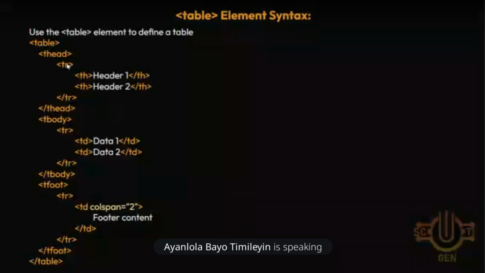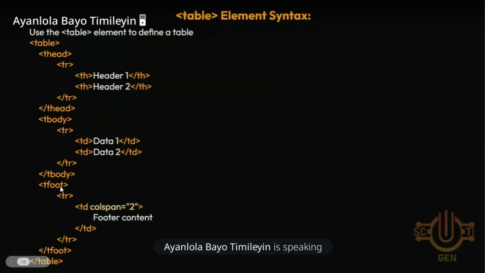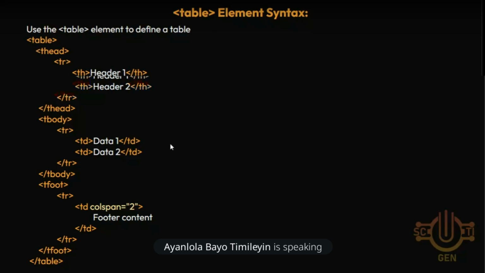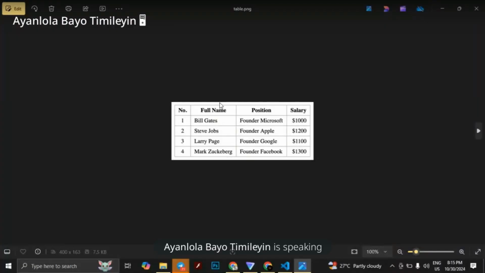So in the table head, we first create a row and then we have the table header. So we can have header one and then header two. Then in the body, that is where you have the table data, TD, data one, data two, and then of course the footer. If you have any footer content that you want to create, you can put it in the table foot of the table element. All right, let me show us this screenshot here. So here is a perfect example of what an HTML